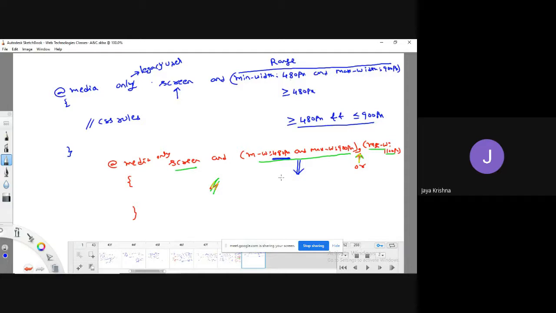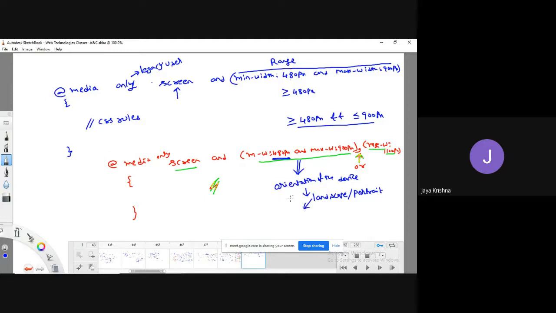Instead of that, I can define the expression with respect to the orientation of the device. We are going to see this feature while printing the data. We'll ask the question whether you want to get the data in the form of landscape or in the form of portrait mode. Meaning that based on the orientation of the device also, we can apply some set of rules. Okay, guys, I hope you know the meaning of landscape.